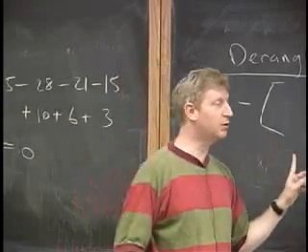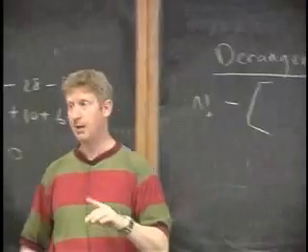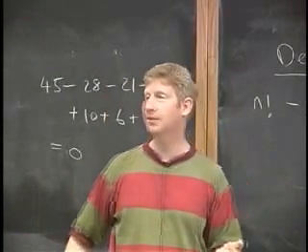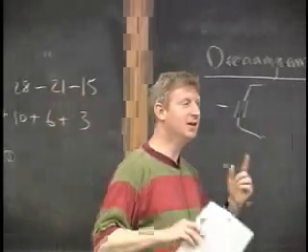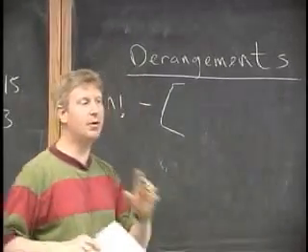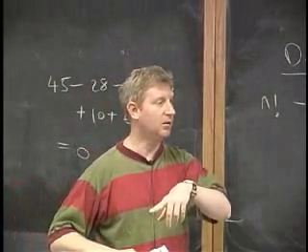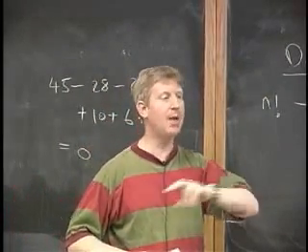This route for the recurrence equation isn't a bad route, and it will teach you a lot of good stuff, but it's the wrong week. So this week we're not going to do it. Instead we're going to divide up the cases differently. Instead of saying one person gets their lunch back, two people get their lunch back,